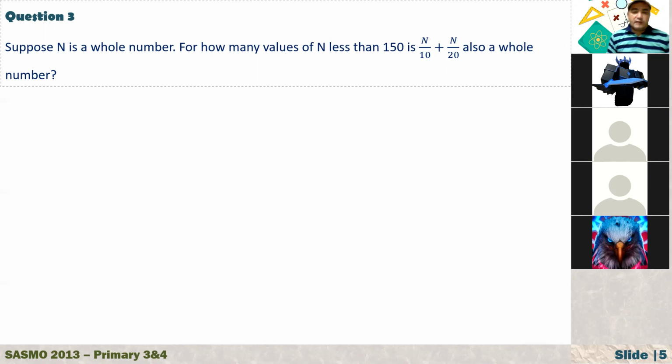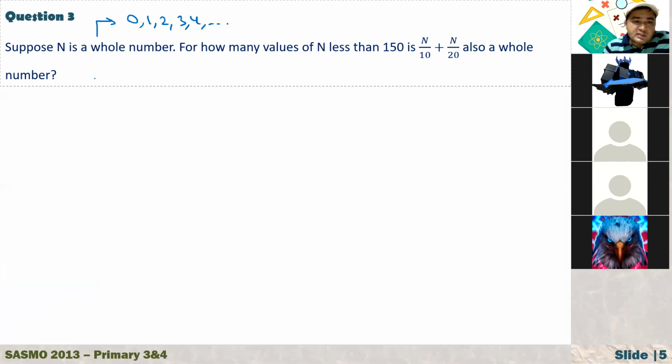Guys, let me just show you how to do this kind of question. All answers are not correct. So number one, we should understand what we mean by whole number. What are the whole numbers? 0, 1, 2, 3, 4, dot, dot. These are whole numbers, right? And what is the smallest whole number? It is 0. What is the largest whole number? We don't know. It just goes to infinity.